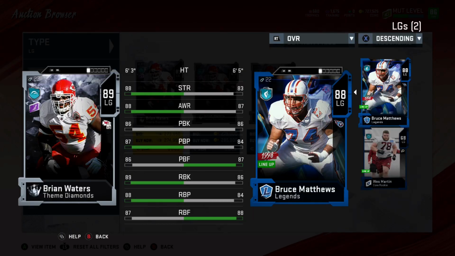And speaking of the other guard position and Bruce Matthews, we are comparing him with number 3, Brian Waters. He is another great guard. Just again, very even across the board. And to be honest, if you're going to be great at this game, you're going to need to be able to run and pass. So just with his abilities and his ability to excel at running the ball,